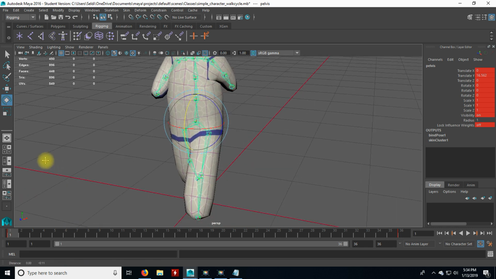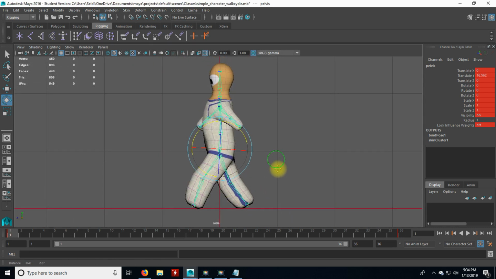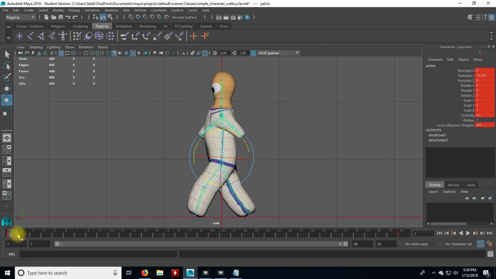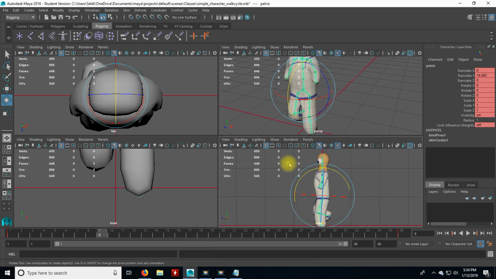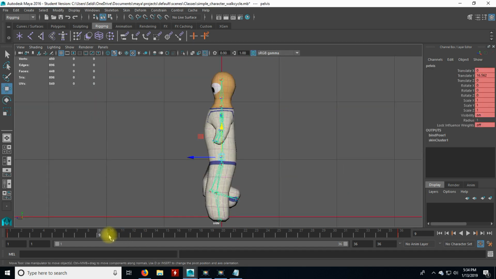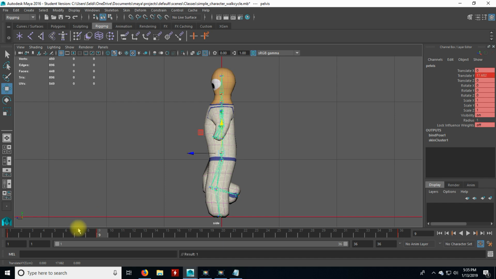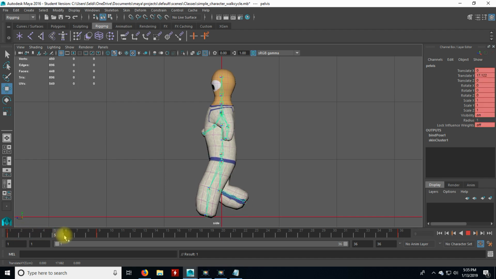hips here. If I go to a side view, you'll see what I'm talking about. If I scrub this through, you can see as the legs come down and they straighten out, approaching frame 9 to that passing frame, we actually sink into the ground there. But we don't want to sink into the ground. We want to, of course, come out of the ground. So with the pelvis selected, get your move tool. At frame 9, I'm going to bring him up to the ground. I'll just line him up with the ground, just kind of eyeball it. There we are. So from here, you can see we're lifting,